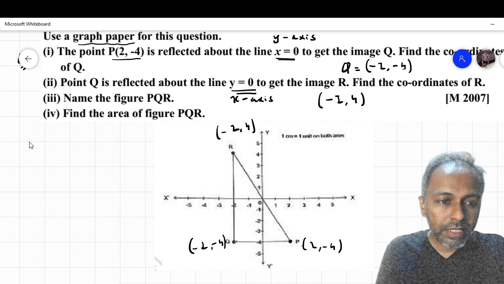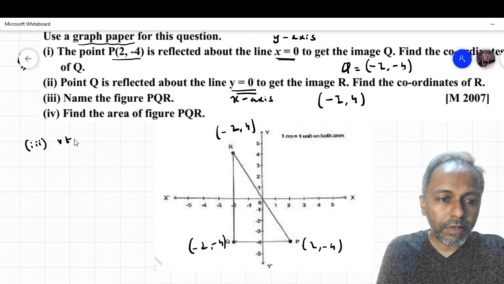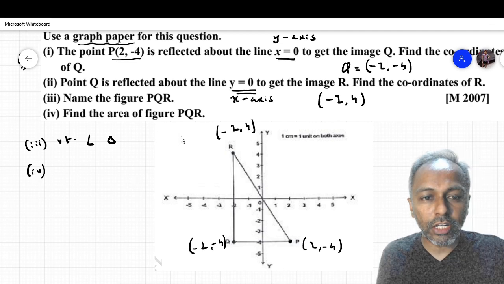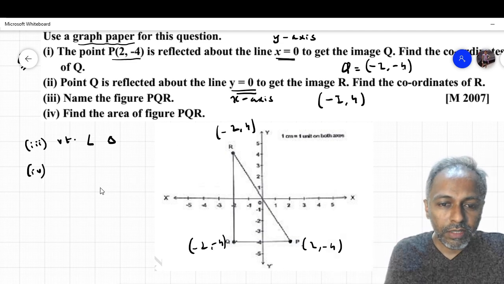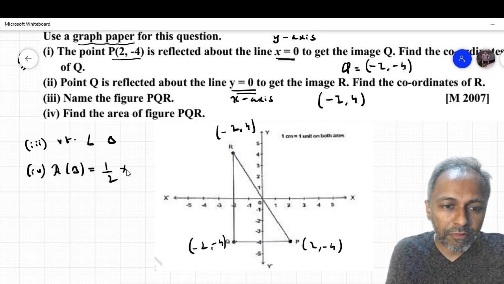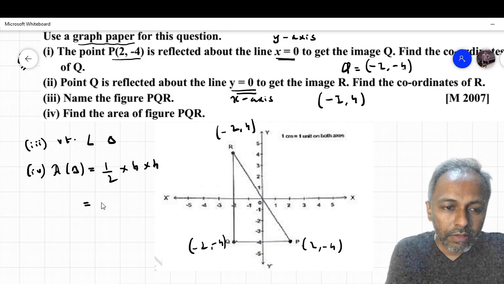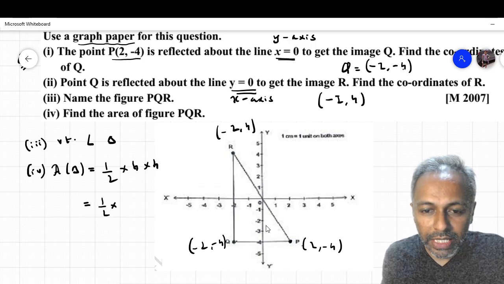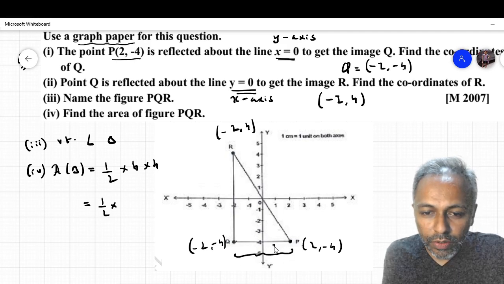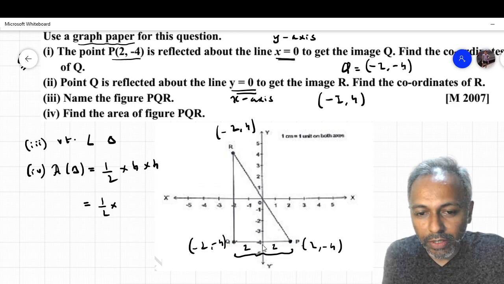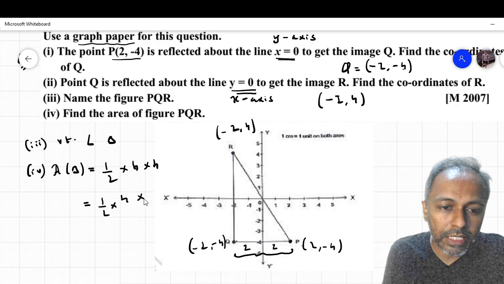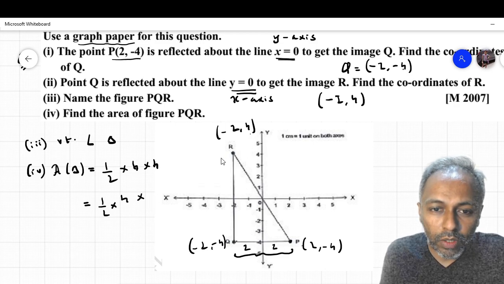So the third answer is right angled triangle. And lastly, the fourth question: find the area of the triangle PQR or figure. So area, as you know now, it's a right angle triangle. We can simply use half base height, which is half into base, this length. So this is 2 units on the right and 2 on the left, but because the length is measured, let's not write -2. 2 and 2 will become 4, so base is 4